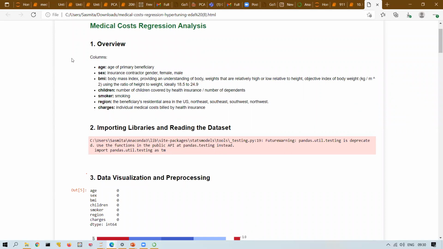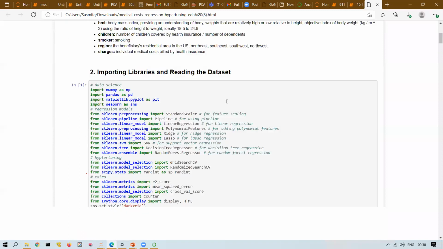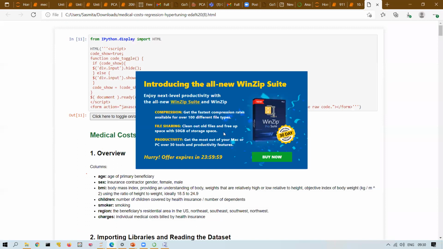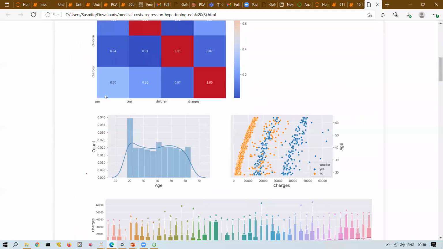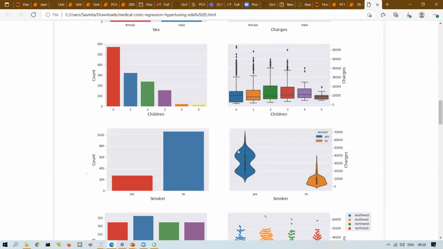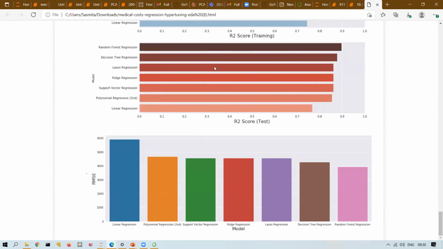Right? So there are a lot of options. If I click here, it will show the code. Now you can see the code. If you don't want it, just click here. Again, the code is hidden. So you can just show the output like this, all the graphs, visualization. So instead of preparing PPTs, this is a very easy way to take your client through the outputs, right? What exactly you have done. So the entire thing, all of these graphs, everything, it's kind of like a PPT only, right? So these options are available.